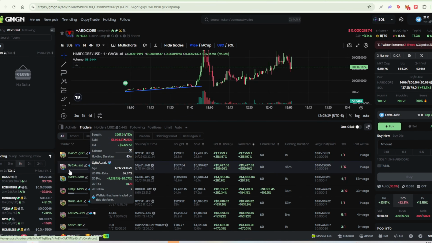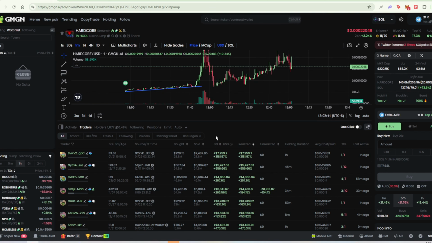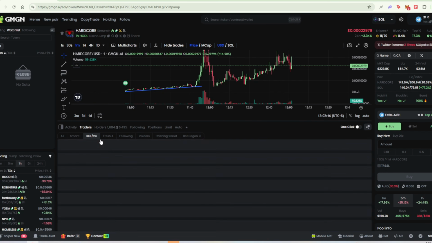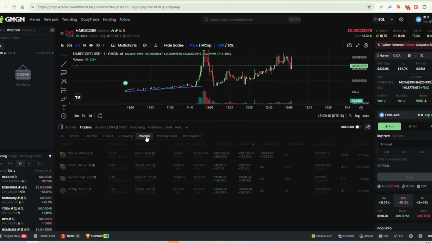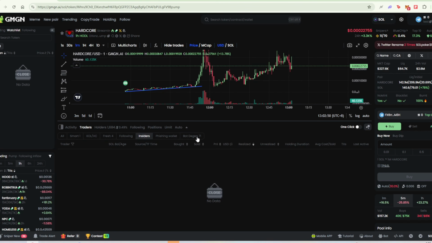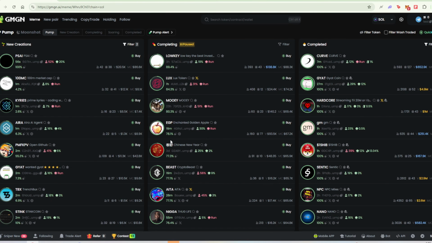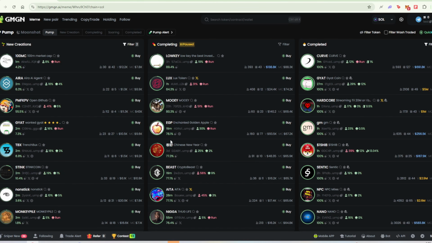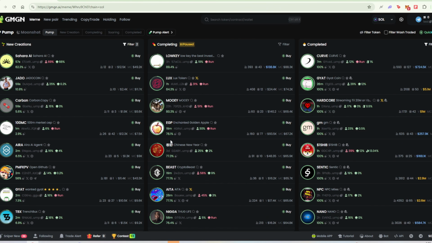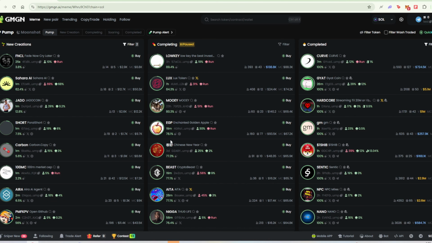Also, if you want to filter the types of wallets, you can filter based on whether you want smart wallets, VCs, fresh wallets, insiders if there are any, or even bots that are helping them buy and sell. So I've pretty much shown you around whatever features GMGN.ai has offered, and how you can analyze each of the coins based on the metrics given by GMGN.ai,